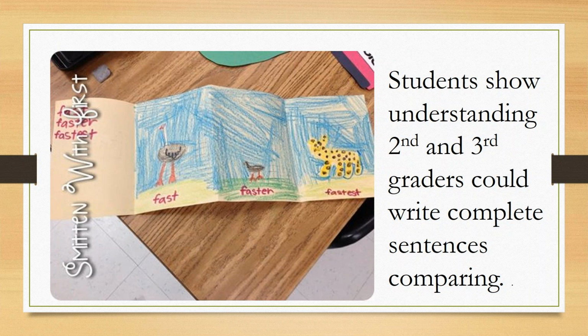Students show understanding with 2nd and 3rd graders. As children are looking, you'll see their range of ability change also. 1st graders may write one-word phrases, while 2nd and 3rd graders would write 1 to 2 or 3, even more sentences. So looking at activities, children could really enjoy choosing comparative suffixes to illustrate and demonstrate their written understanding with